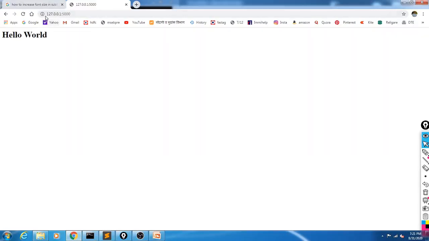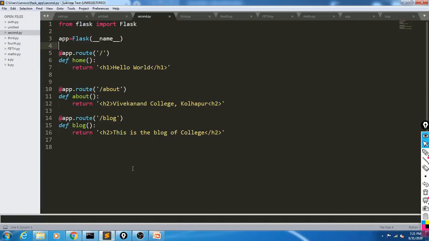Okay, so with only the URL it gives you the output hello world, because this is the function associated with this URL. Next one, slash about. Okay, we will see how this URL returns the value.